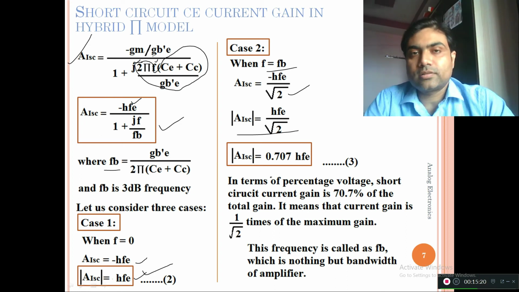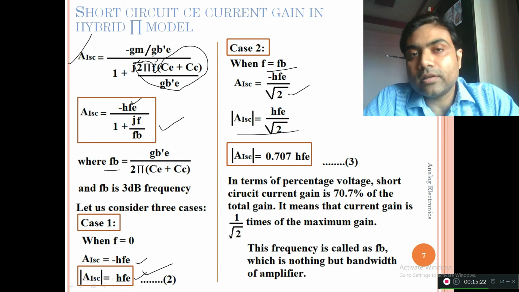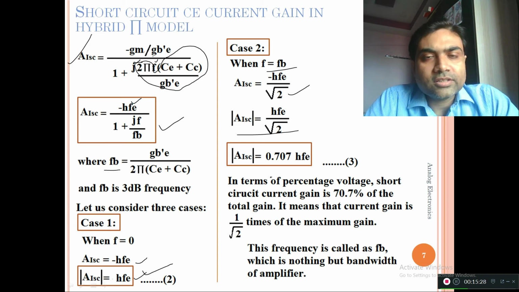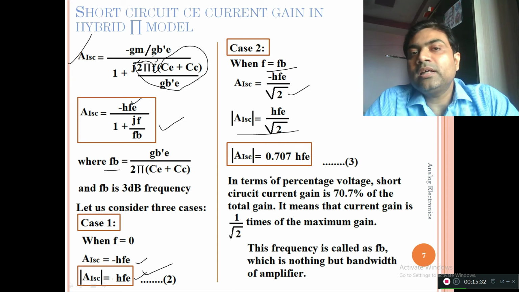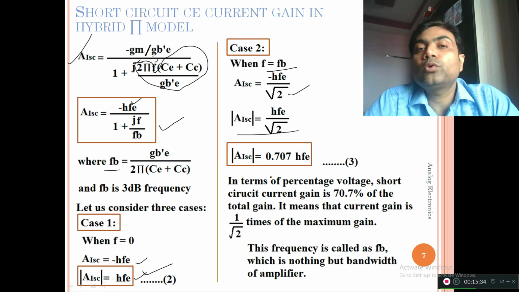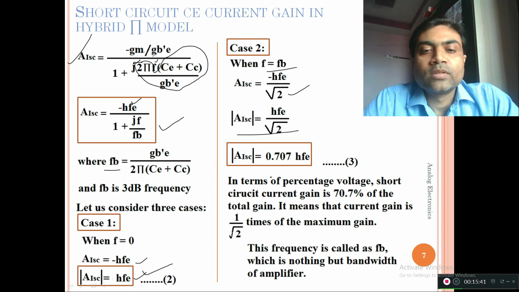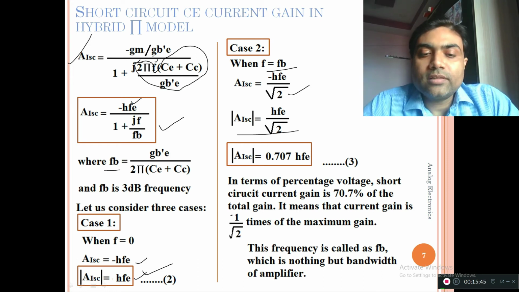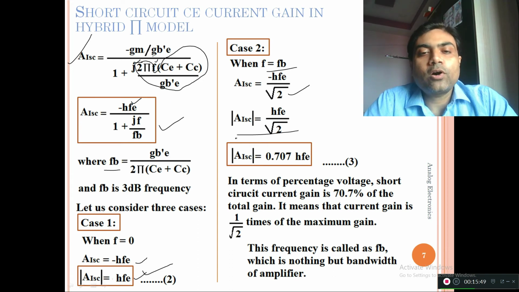So it reduces. So when you are increasing the frequency, it is reducing the gain. This is the inverse relationship between gain and frequency. If you want larger gain, you have to reduce the frequency, and if you are demanding the higher frequency ranges, then you have to compromise on the value of the gain. So there is always inverse relationship between gain and frequency, and that is how we have calculated the equation number 3. And this particular FB is why it is known as the 3 dB frequency, because it